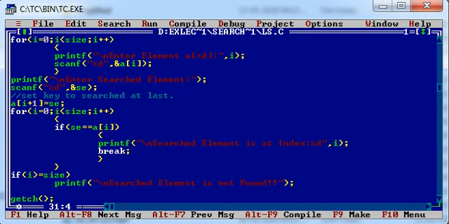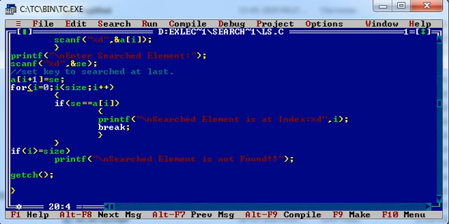Now in this for loop, I am comparing each and every element of an array till the end. So in this for loop, I have taken if condition, that is if search element equals to a of I, and if the element is found within the size of array, then we have to print the element is found at particular index I. This loop will get executed for the size. Whatever elements we are having in the array, this loop will get executed that many times.